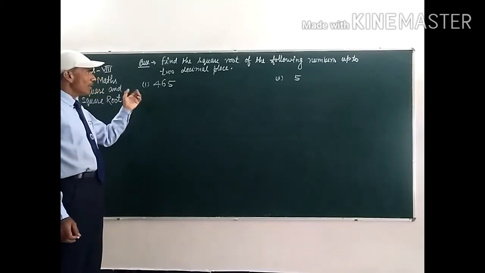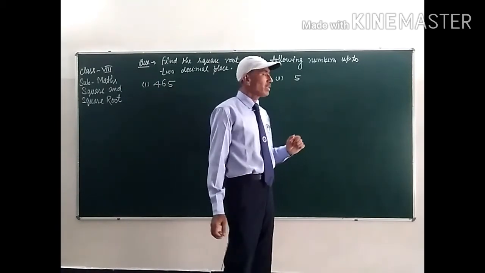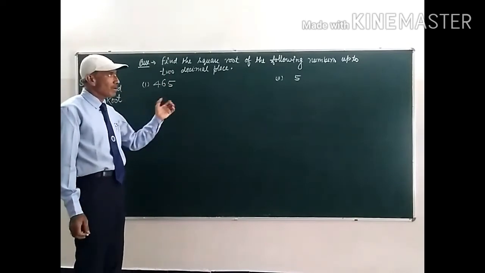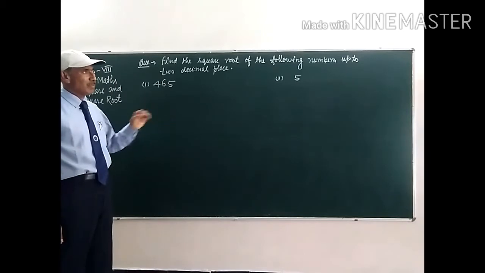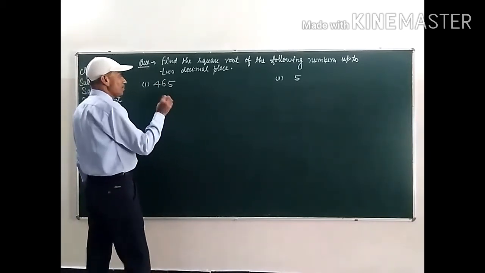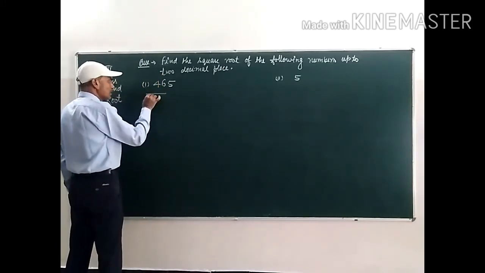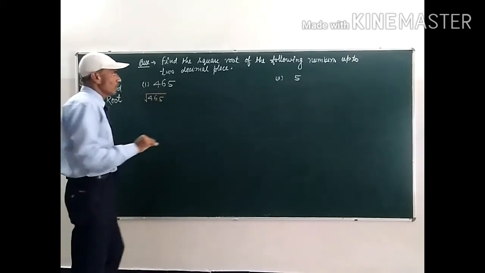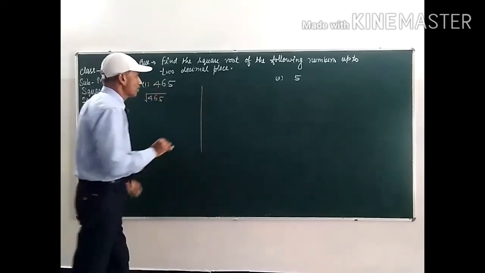Okay, and you have to understand what is special when we find the square root of numbers which are not perfect squares, and you have to find the square root of these numbers up to 2 places of decimal. So take the same method, that is you are going to find the square root of this one, the square root of 465. Okay students, so by the division method you will do this.